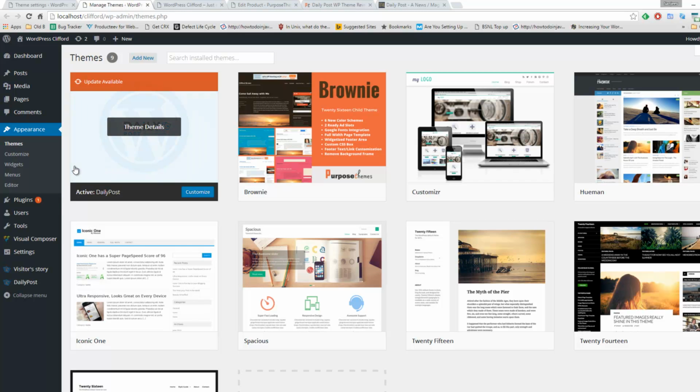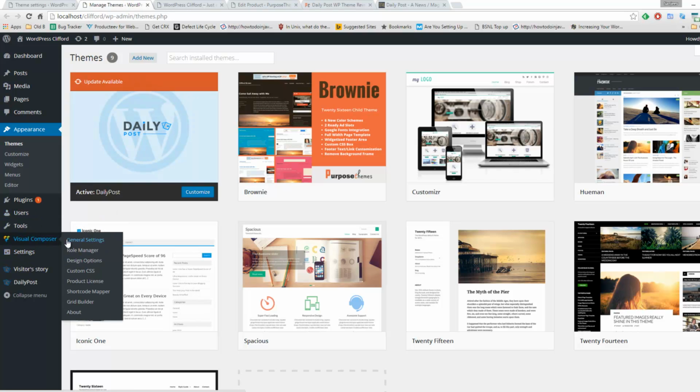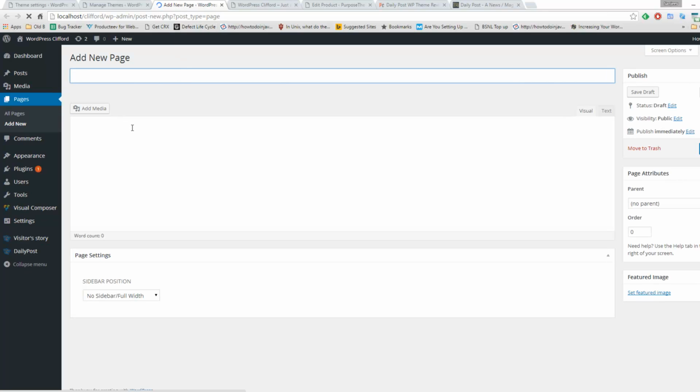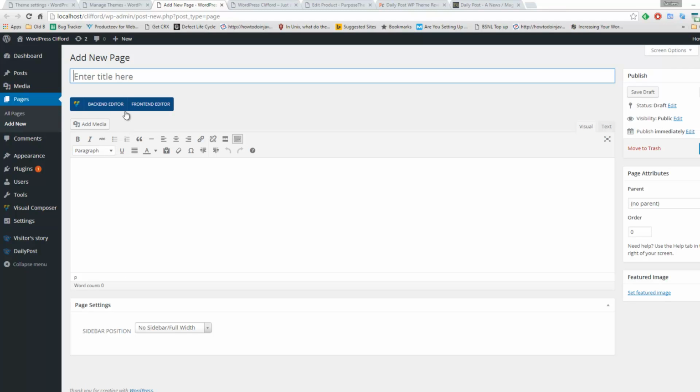So as you can see, I have activated Visual Composer. The Visual Composer options you can see under this panel. Once you go and add a new page on your website, you can see apart from the classic editor, you can use the backend editor of this Visual Composer that will allow you to create content on a page using drag and drop method. Similarly, you can also use the front-end editor, so that will allow you to edit the pages from the front-end. So Visual Composer is a really nice plugin. We will create a dedicated video tutorial for Visual Composer from Tesla.